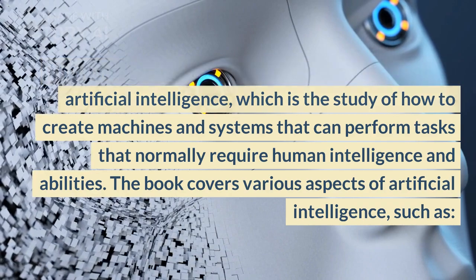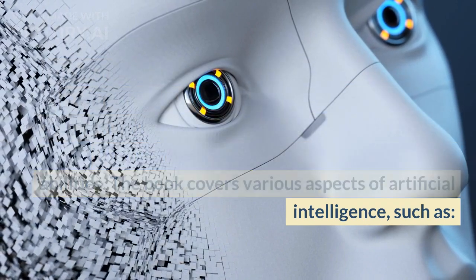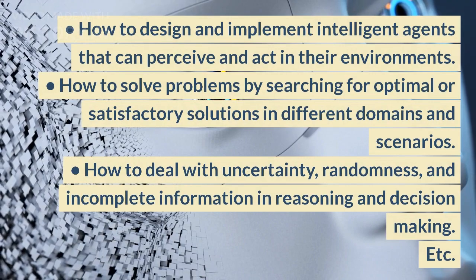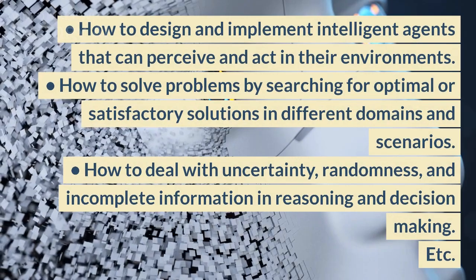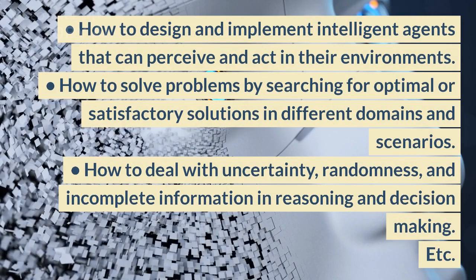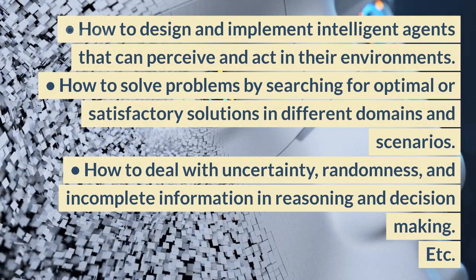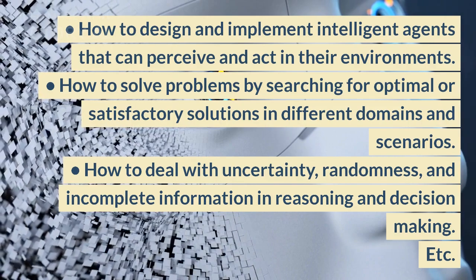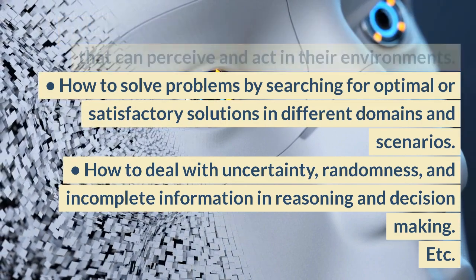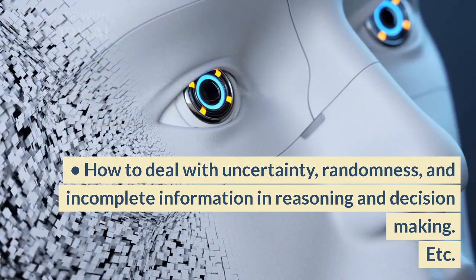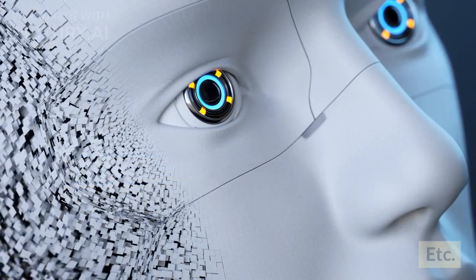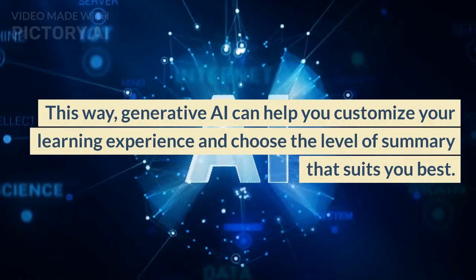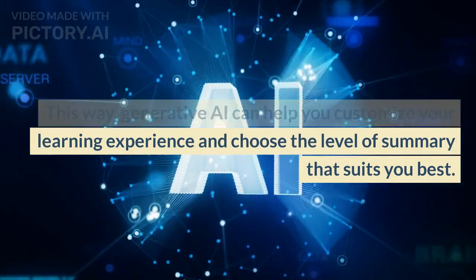The book covers various aspects of artificial intelligence, such as how to design and implement intelligent agents that can perceive and act in their environments, how to solve problems by searching for optimal or satisfactory solutions in different domains and scenarios, how to deal with uncertainty, randomness, and incomplete information in reasoning and decision-making, etc. This way, generative AI can help you customize your learning experience and choose the level of summary that suits you